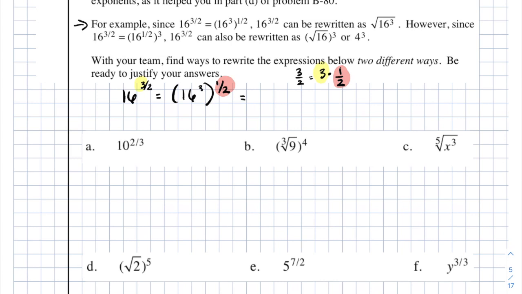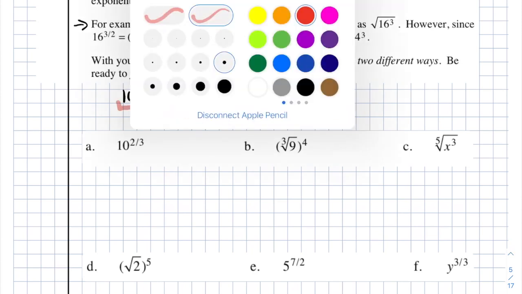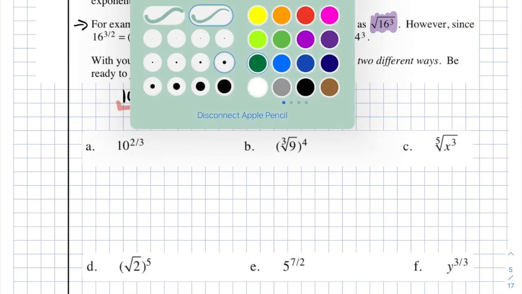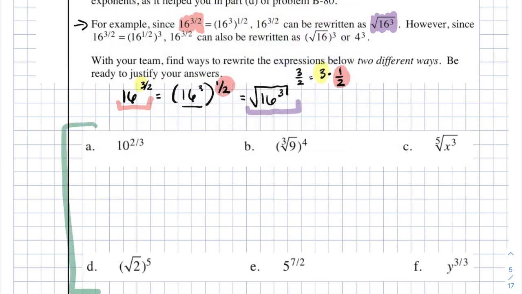Also from that problem, we know that the exponent 1/2 is actually the square root of whatever we have inside, 16 to the power of 3. So that is how we start this problem. And this should be our final product, which it is. So take time to work through A through